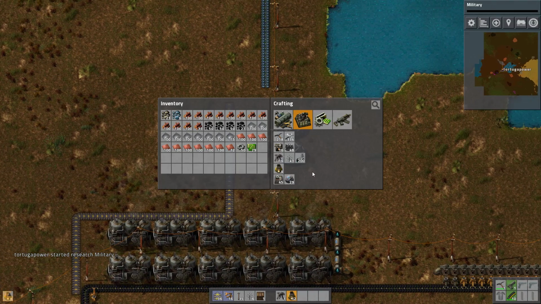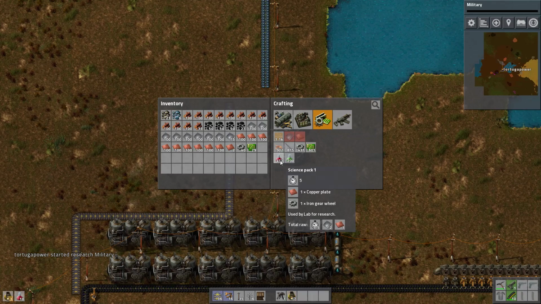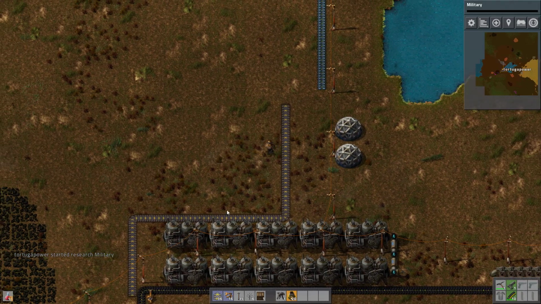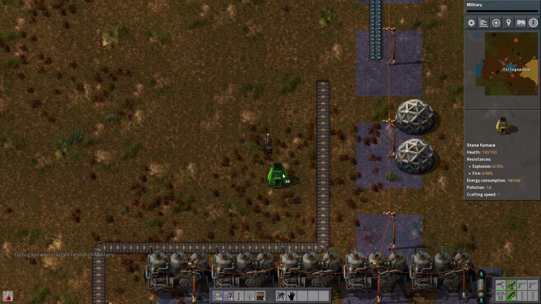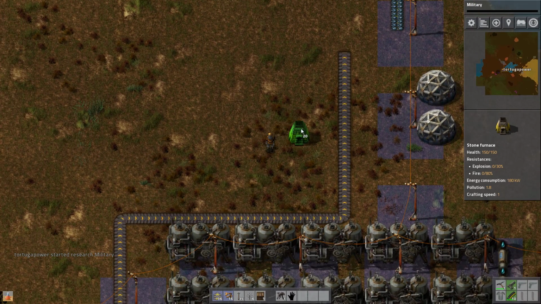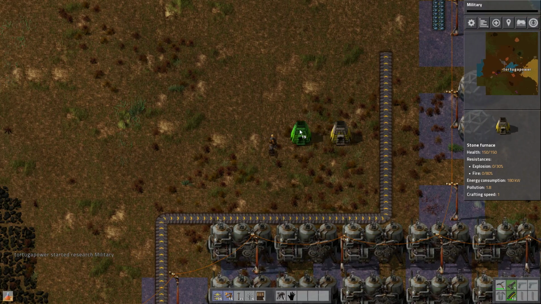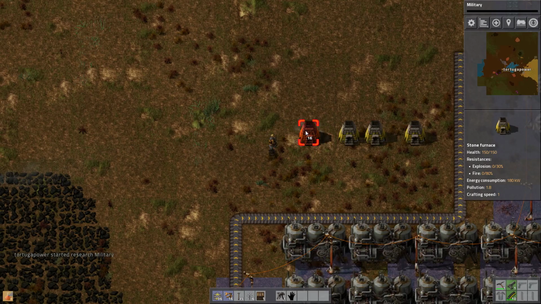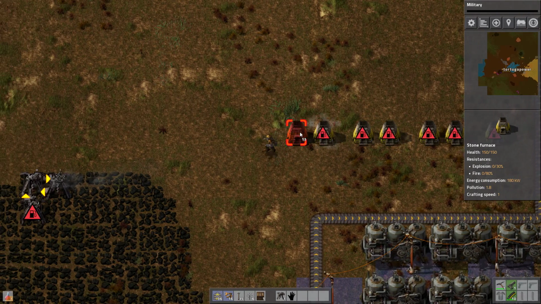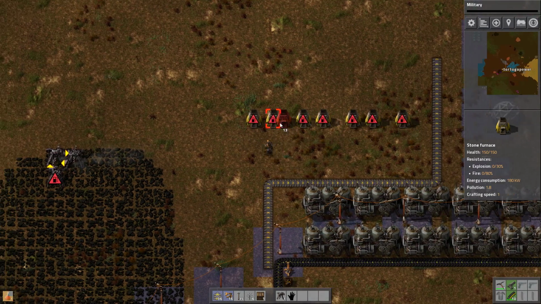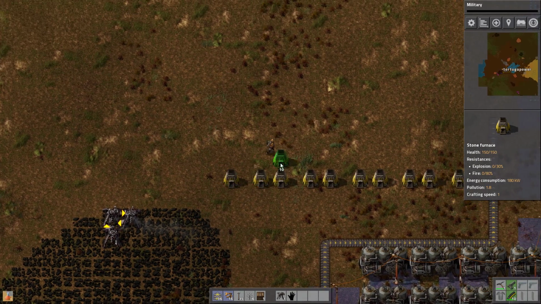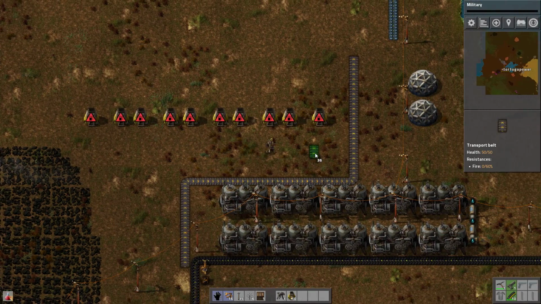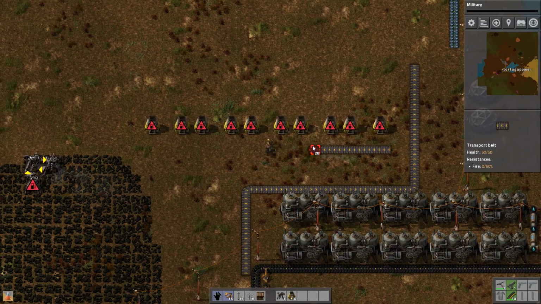Of course, I don't have any automatic production right now of science packs, which is kind of annoying. But now we have our 20 furnaces, so we can get this set up. Let's do it something like this. Maybe 1, 1, 2. Again, the same thing. So I'm going to do power poles in between all these alternating ones. Then we need one more. And 1. Good. So now what I want eventually is an input line on the bottom